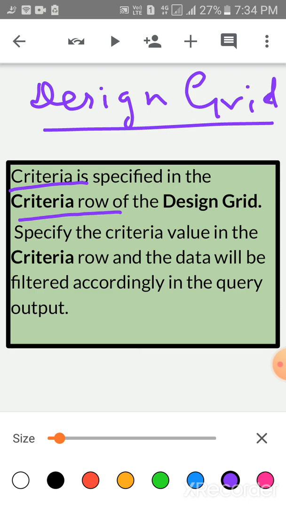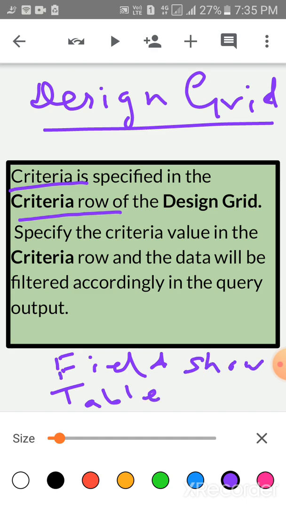Number one is field, and then table, and then show, and then sort, and lastly criteria.